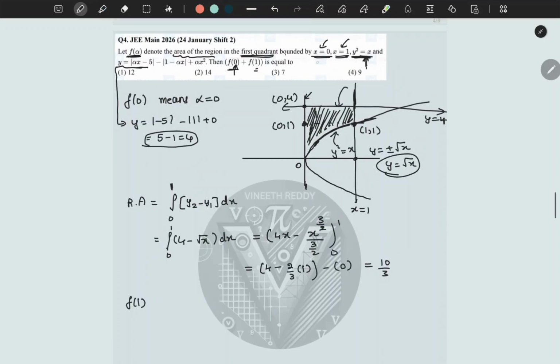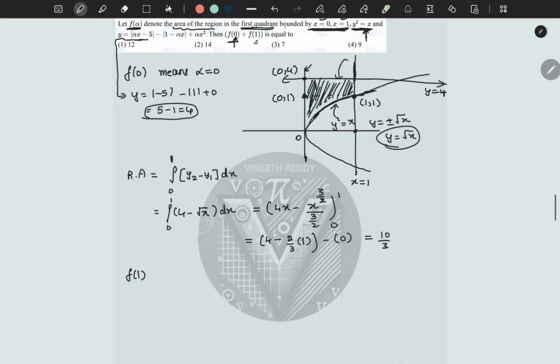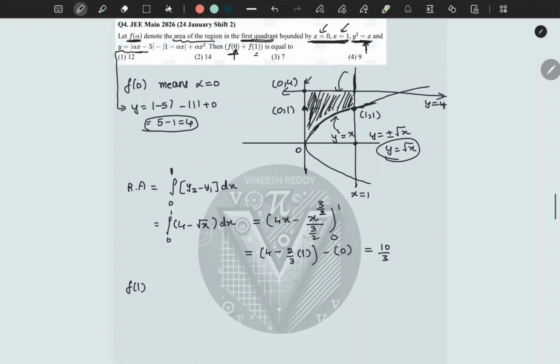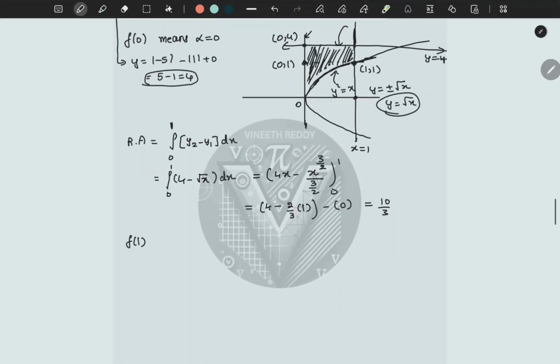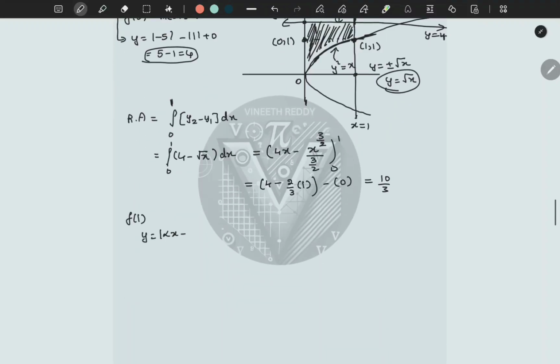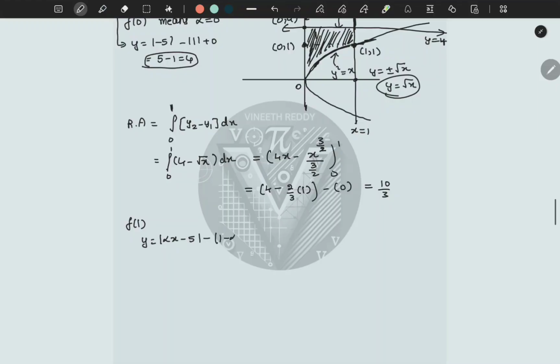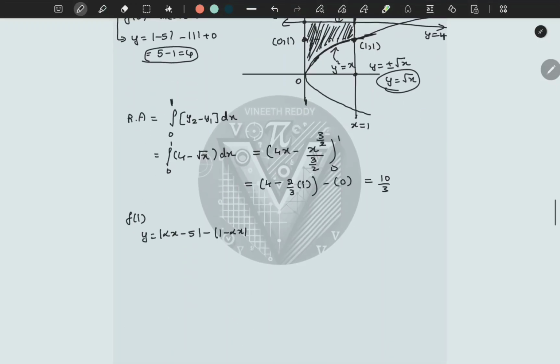Right? See, strictly speaking, now x limits will be from 0 to 1 only. That means x should be greater than or equal to 0 and less than or equal to 1, right? I hope you understood. Now point is, again we have to find this value of y. y is equal to mod of alpha x minus 5 minus mod of 1 minus alpha x plus alpha x